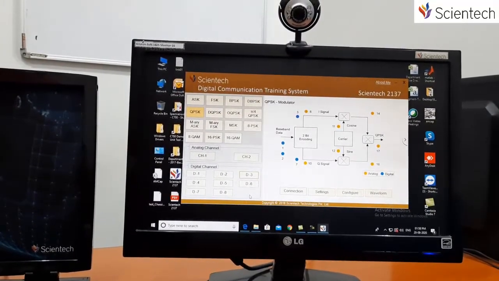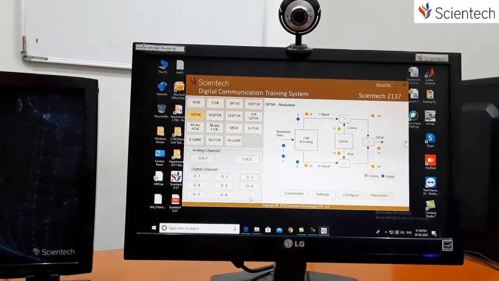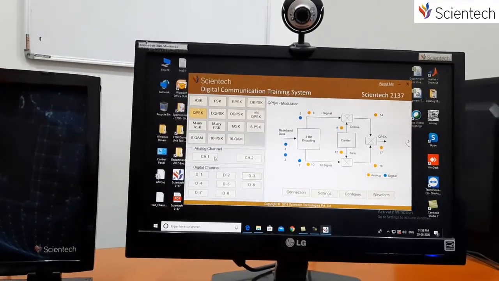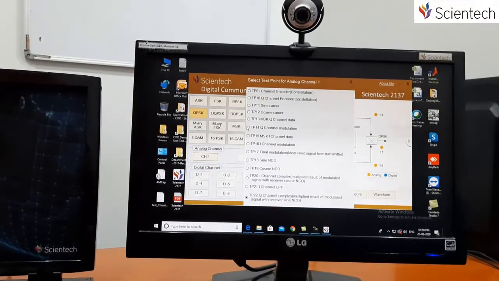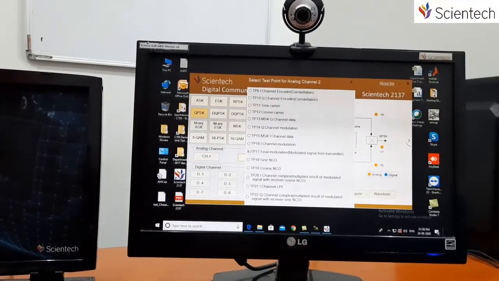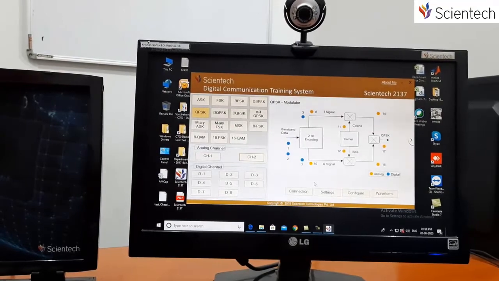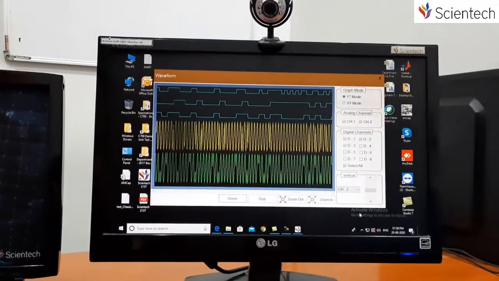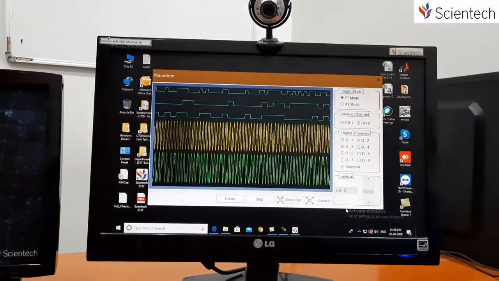After that, we can select the final modulated signals, that is 14 and 16, and connect them to channel 1 and channel 2. You can just click on the waveform and run it, and change